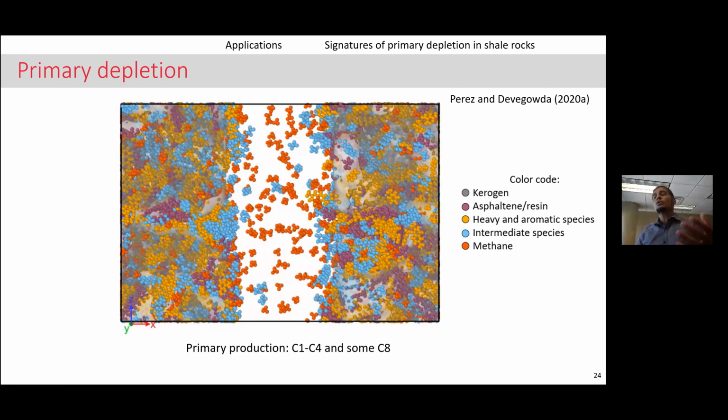And so essentially what we're seeing with the simulation is that because some molecules are adsorbed, like this asphaltene molecule, this large asphaltene blob over here, they are less mobile, but the fluids that are free, things like methane and ethane, which are relatively free, are mobilized more easily and are produced more easily.